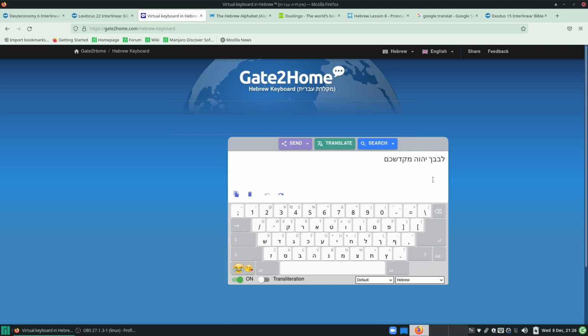YHWH. Oh yeah, I haven't covered that. Let's do that. The letter H is the first one, V is the second one, U is the third one, and V again. So you can refer to the map here. H, spacebar, H, V, U, V. So keep practicing. You should be able to type it in no time.